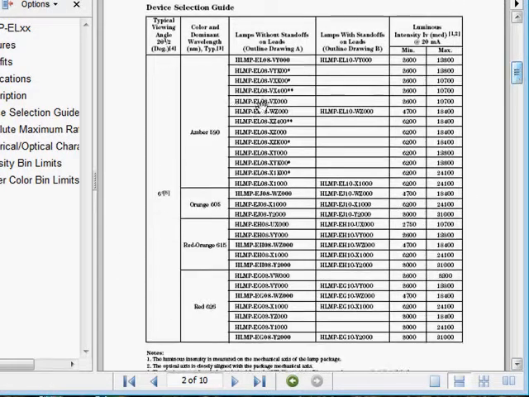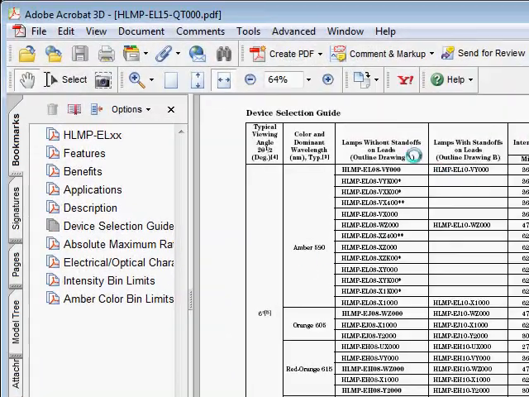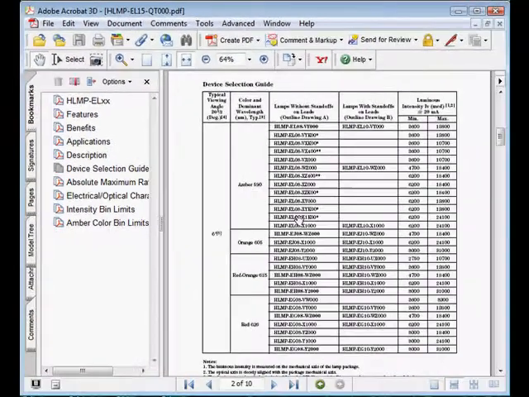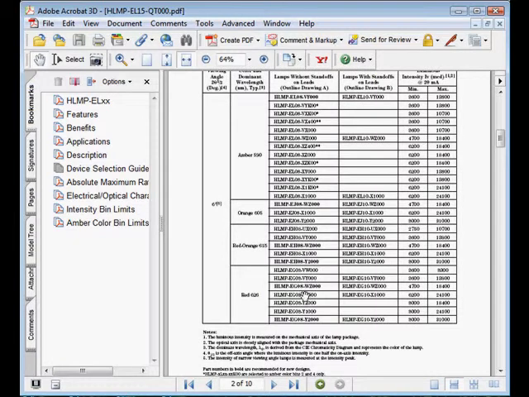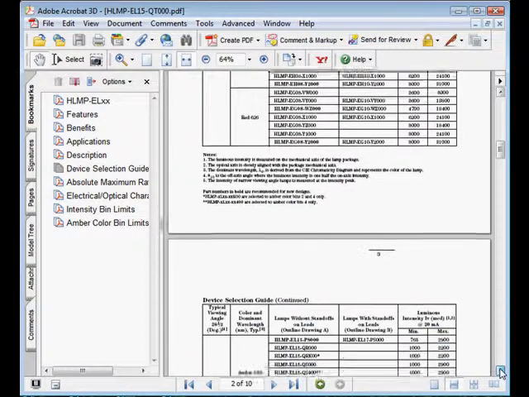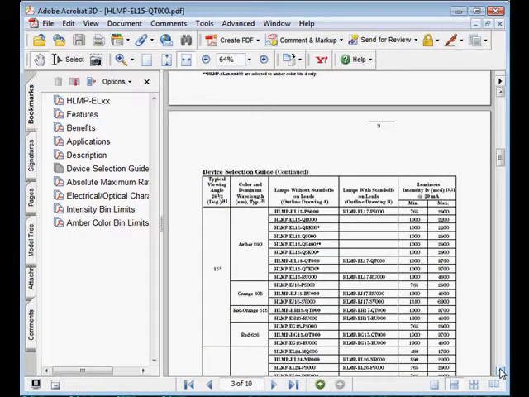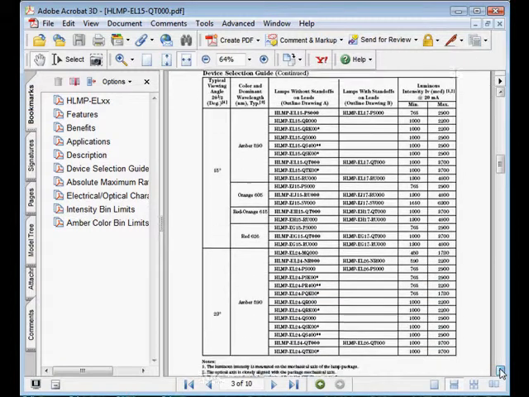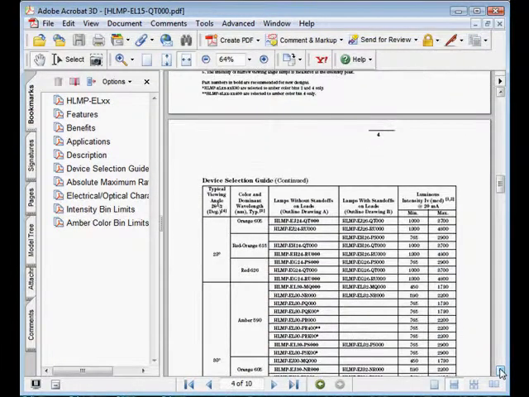and here we'll see some information about the particular codes and their colours. So you can see in this case there are many LEDs, different codes, and different intensities. So if using a red LED, for example, it may be available in 5 or 6 different grades, all giving out different intensity at a particular current. We then go on to the amber and the green and red orange colours,